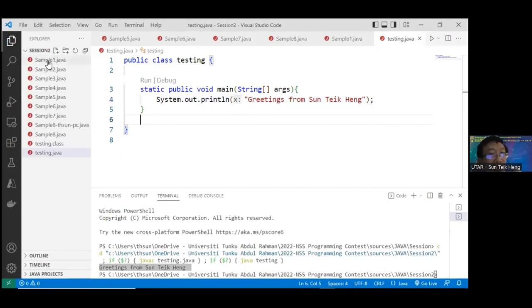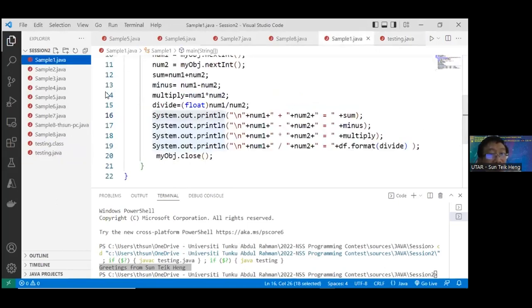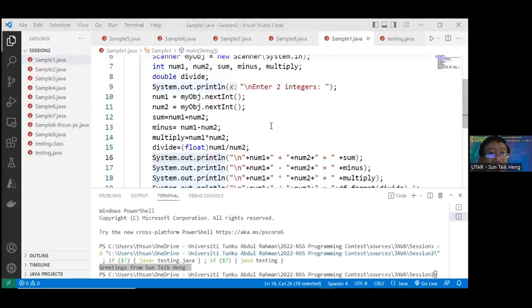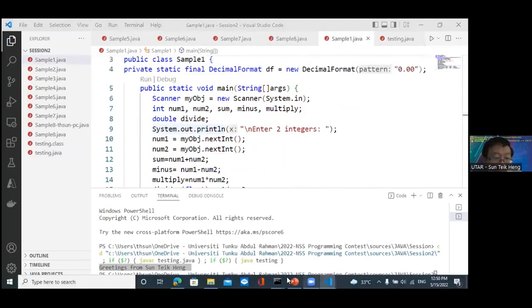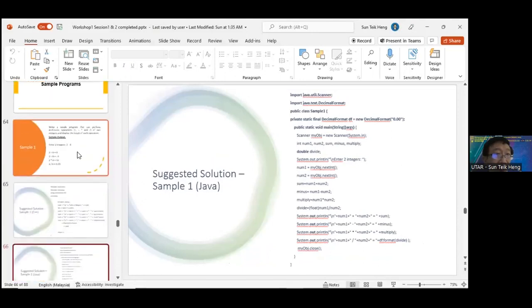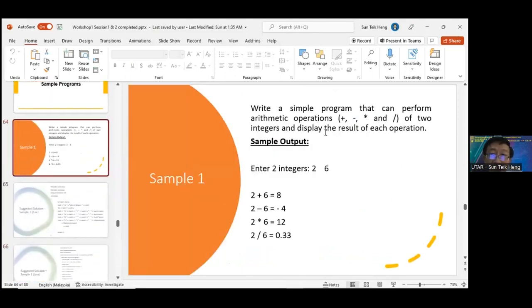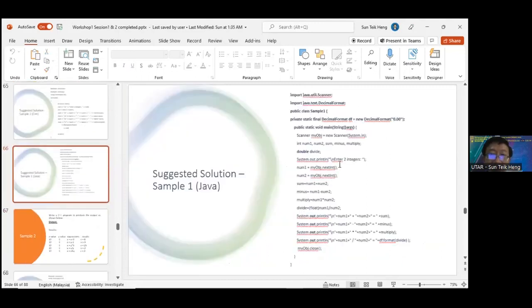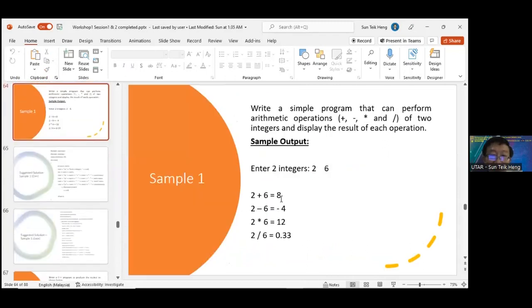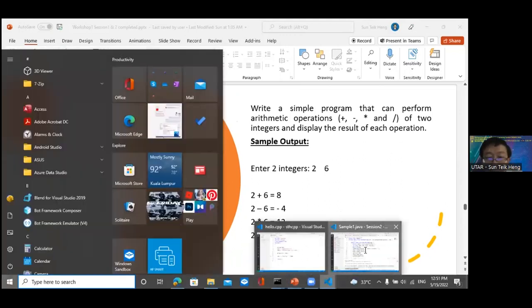So let us look at the sample one.java. So using a Java program to achieve the same result for this question, your program will display "enter two integers:" and then accept two integer numbers from the user, and then your program will perform the computation for the addition, subtraction, multiplication, and division, and show the result. Okay, so using a Java program to do it,